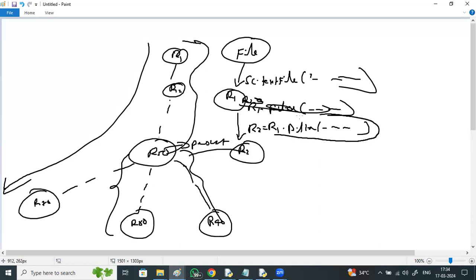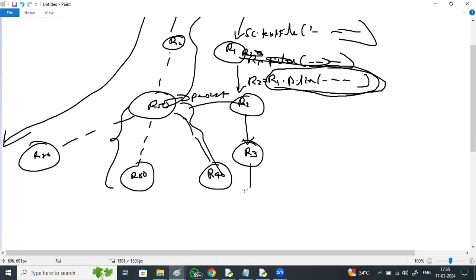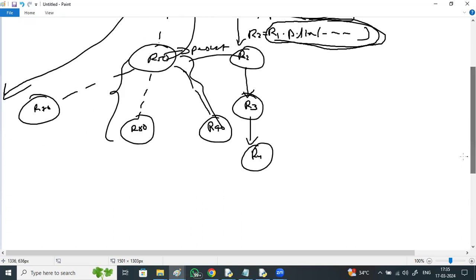Whenever you perform any transformation on an RDD, the resultant is also an RDD. So whatever output you get, R2, is an output. Again on R2, if you perform any grouping operation or other transformations, the resultant is nothing but R3. From R1, R2 got created. From R2, R3 got created. From R3, again, if you perform any transformation, you keep on creating until you get your desired output.